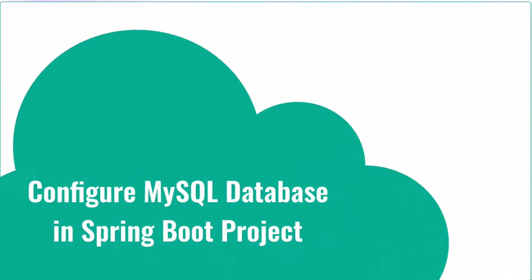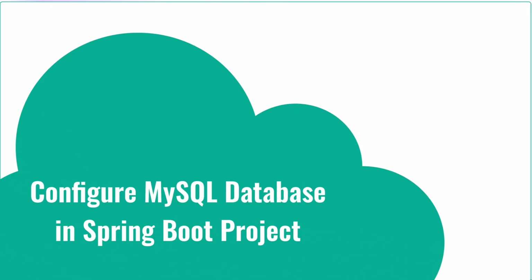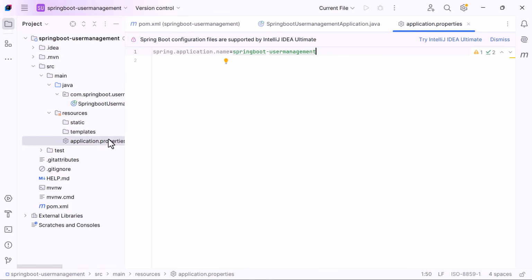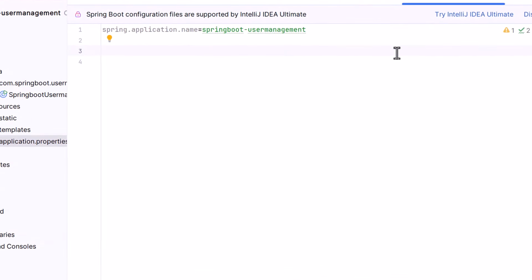Hi everyone, welcome back. In this lecture, we will configure the MySQL database in our Spring Boot application so that our Spring Boot application can communicate with the MySQL database. So go to our project in IntelliJ IDEA over here and go to the application.properties file, and here let us configure the MySQL database related properties. So here just type